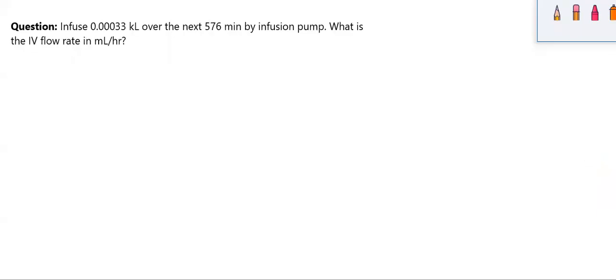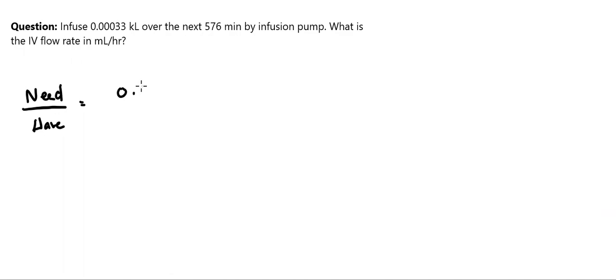Okay, here's another one. We need to infuse 0.00033 kiloliters over the next 576 minutes by infusion pump. What is the IV flow rate in milliliters per hour? So, let's see what we got here. I need to infuse this amount right here. K comes first. Kiloliters. I have